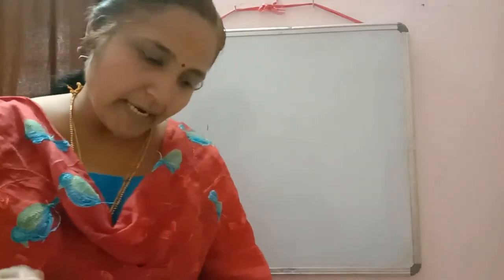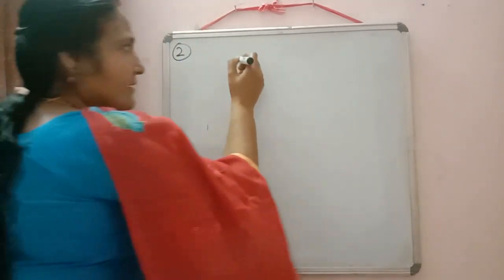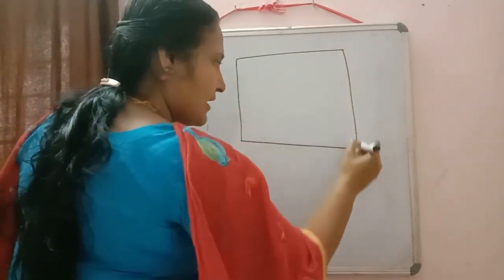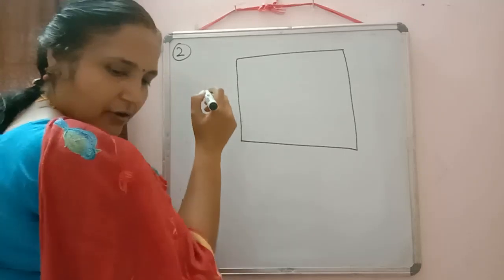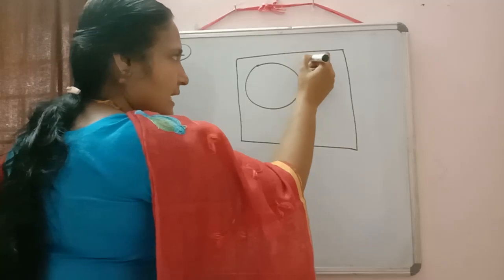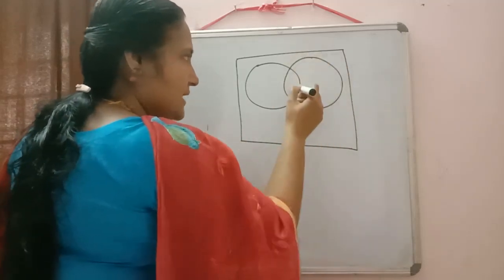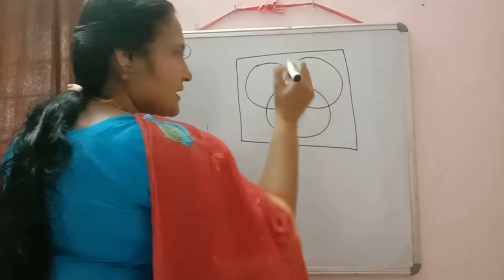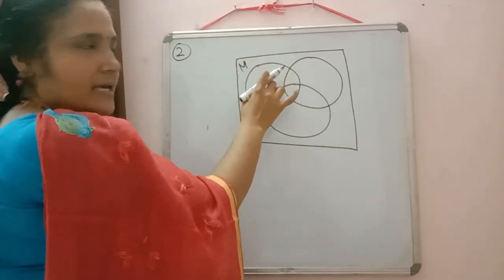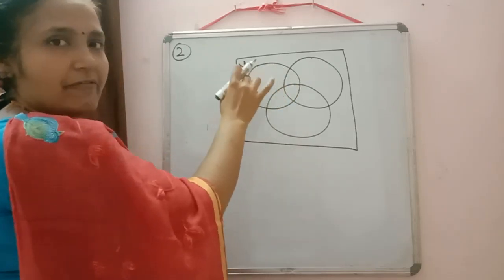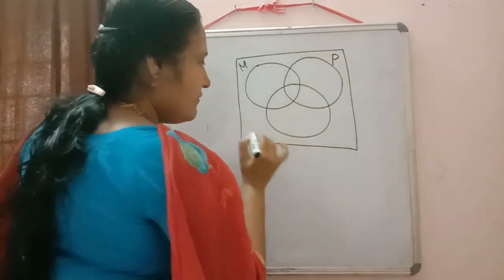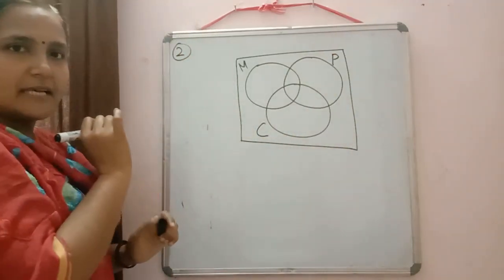In a survey of 25 students, it was found that, so first, survey of 25 students, total 25 students are there, and out of 25 students, we have 3 subjects here. So first we can draw circles to represent these 3 subjects. What are the 3 subjects we have? Maths. I have taken this circle to represent the number of students who have taken maths. Then we have physics. And then we have chemistry.